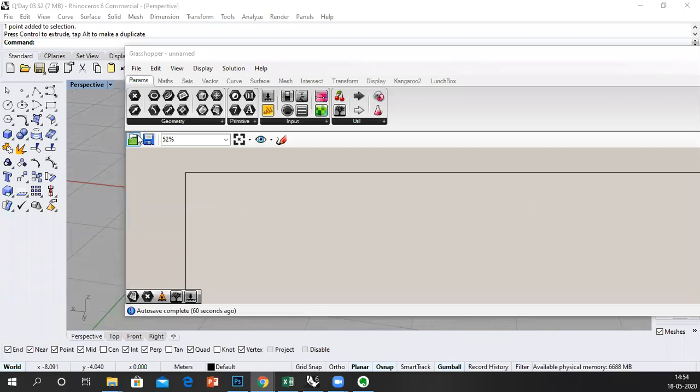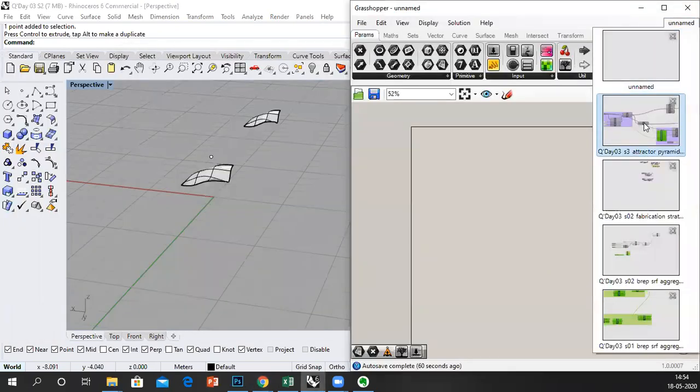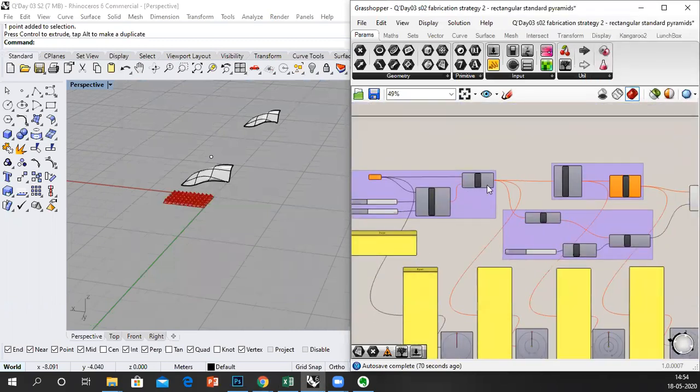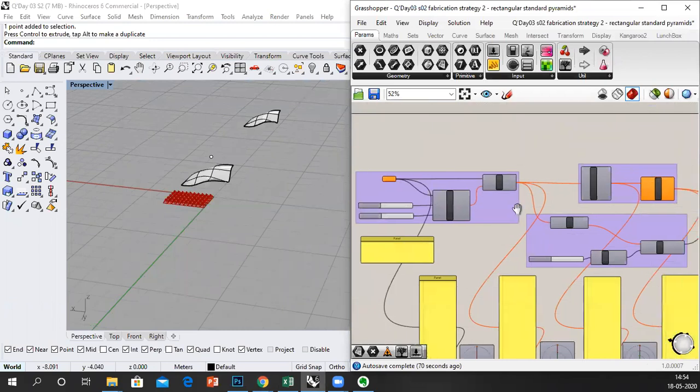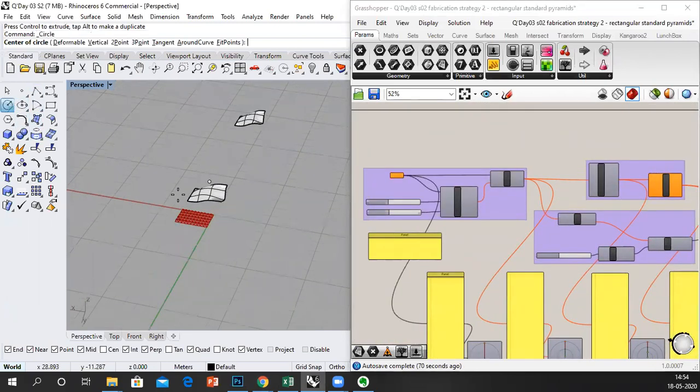So if I open the previous script, I guess this should do. And I'll just make a surface. I can make a circular surface.